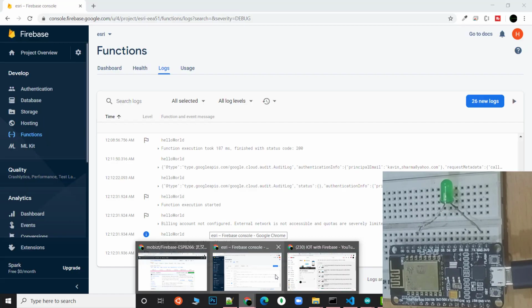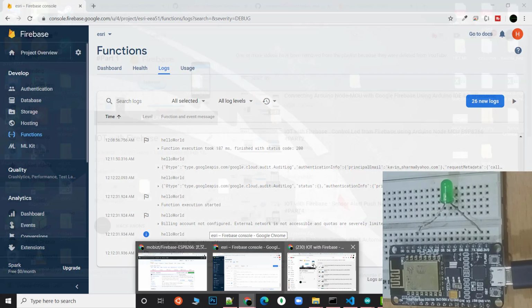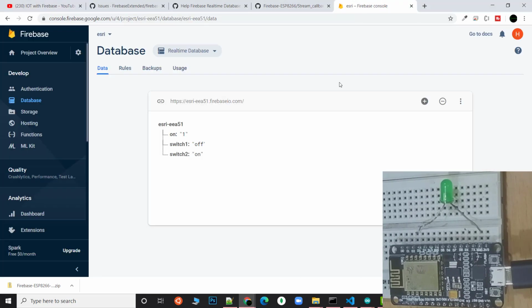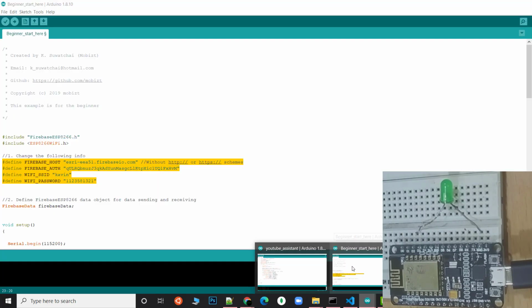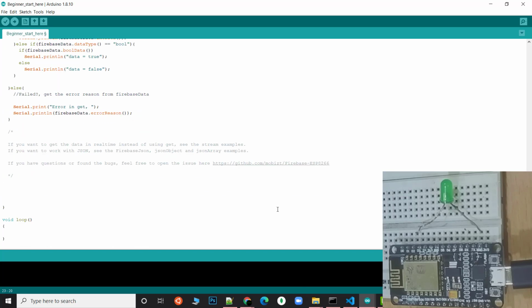we need to make something like what Firebase does. Firebase is real time. If I change a value, it shows over here, and the same thing we need to do here. What we mean by streaming is that if we change any value at any streaming path in our Firebase database, then only will the Node MCU read that. It won't be rubbish code that we add in the void loop function, doing a get call again and again.